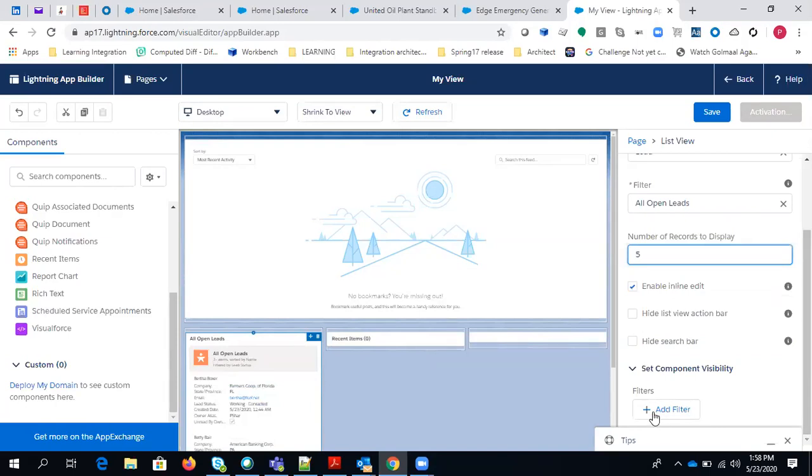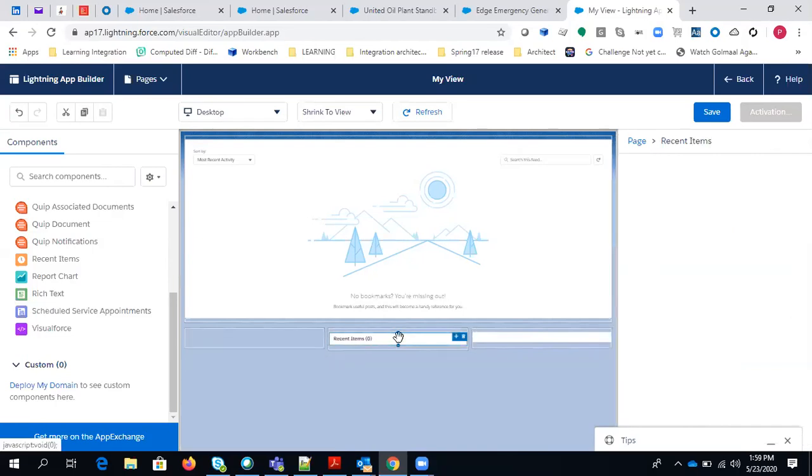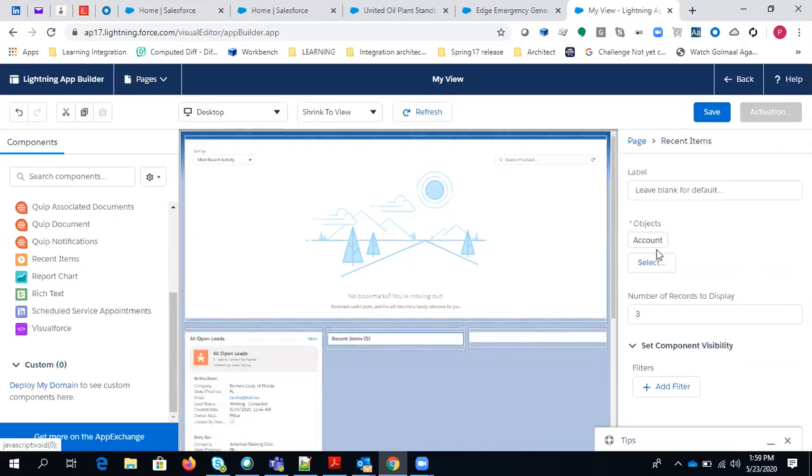If you want to add any filter, it will only show the filtered records, whatever filter you add, right? And for the recent items, it is asking for the account. It will only show the account recent items, right? So you can select other objects as well. So the number of records is 3, so it will only show the 3 recent records, right?